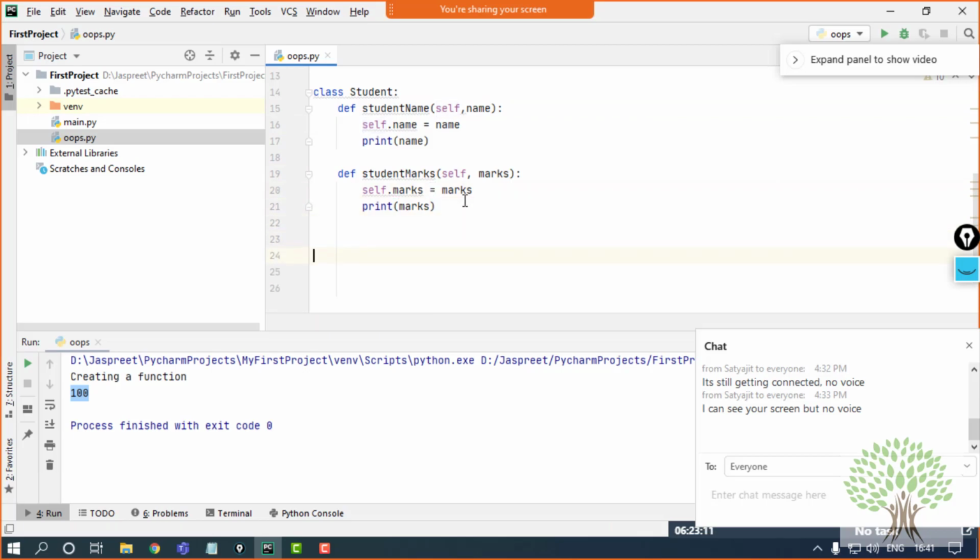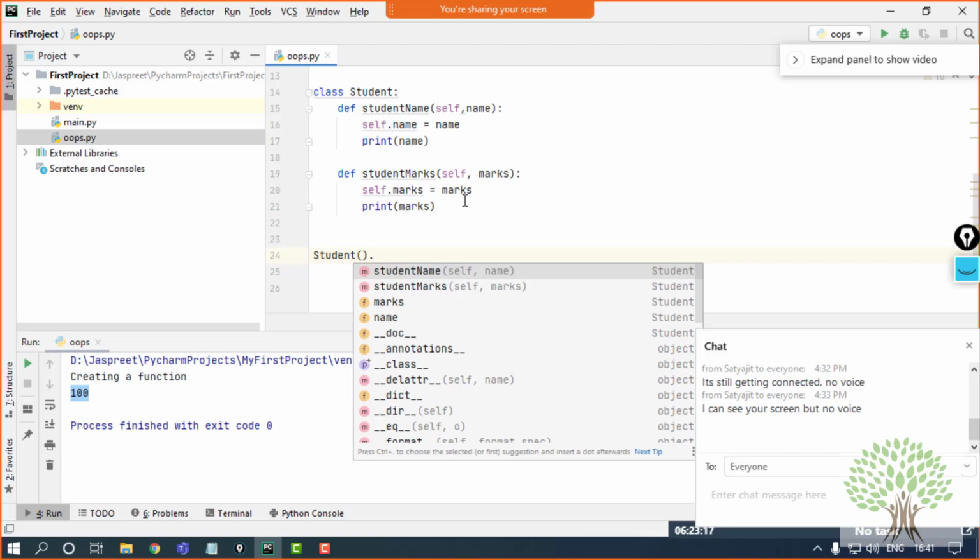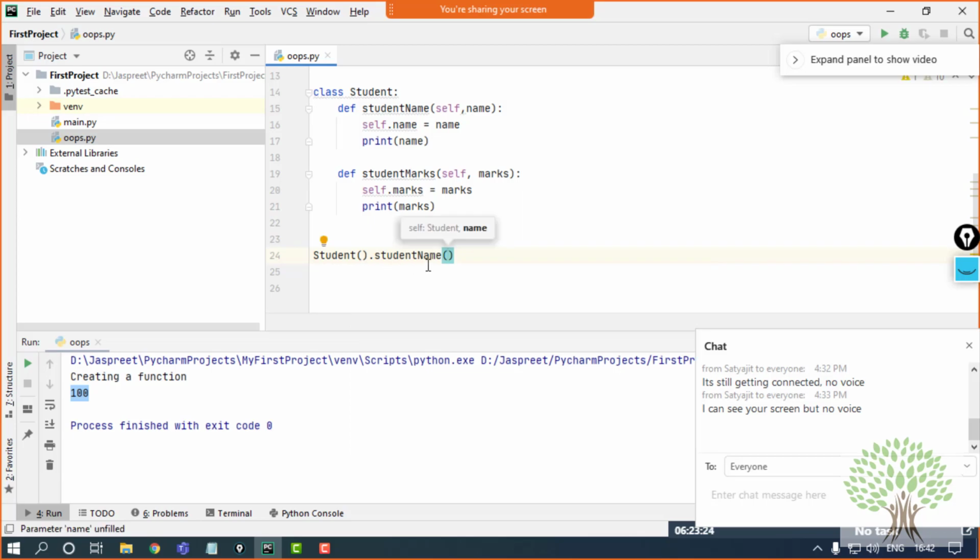So what I'll do is I'll make an object student dot. There are two functions inside and two variables. So I'll take the function first, that is student name, and I'll just give any name, like say Ron, and I also need to have the marks of the student Ron only.